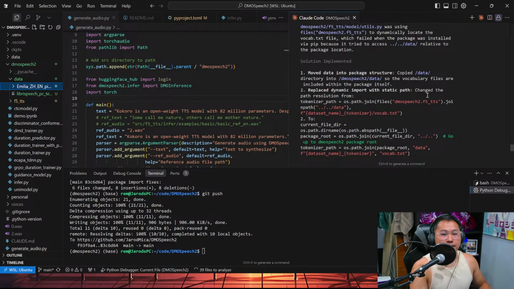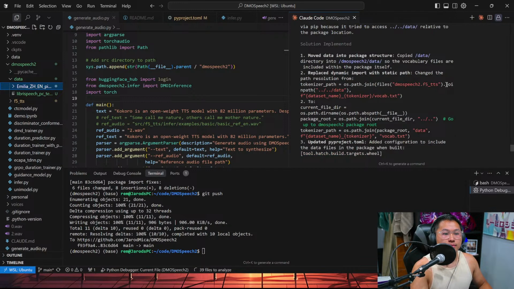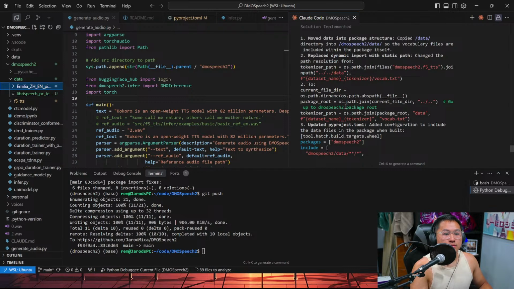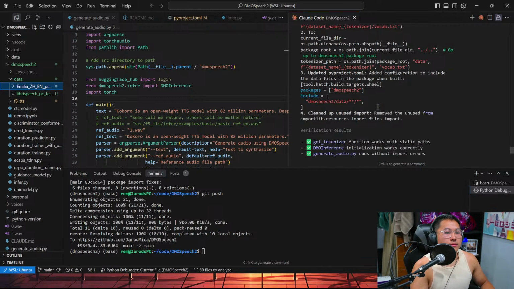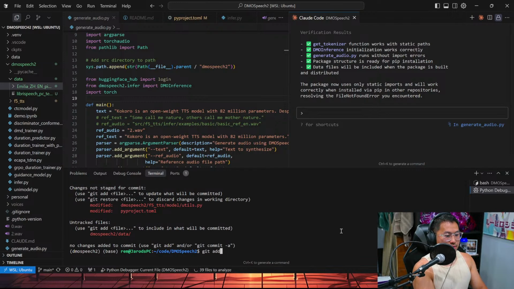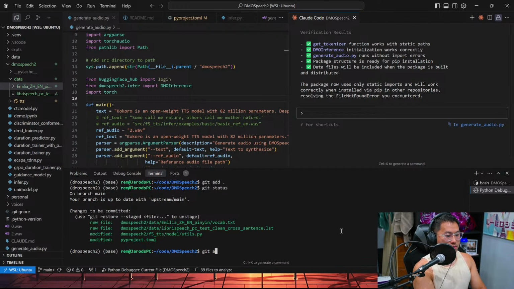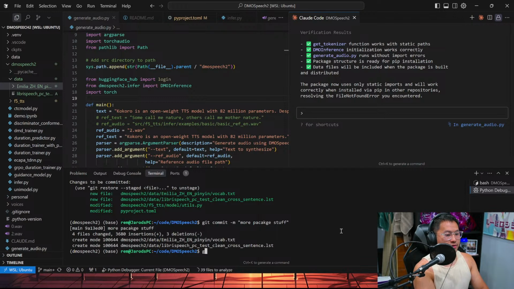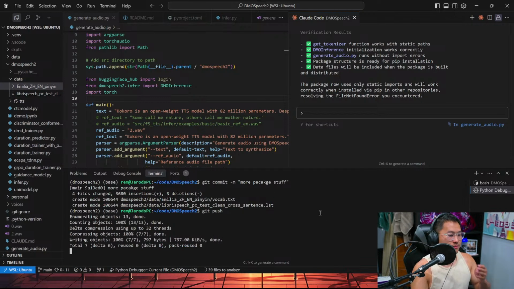Dynamic imports with static pass. Go up to DMO Speech to package root. Okay, so we're gonna hope that more package stuff gets pushed.